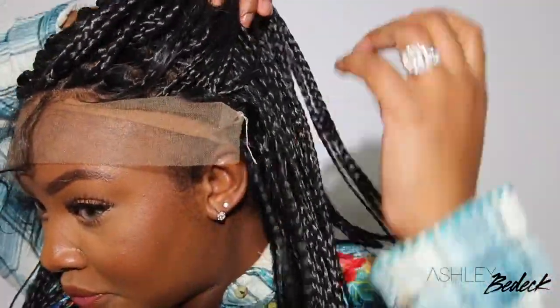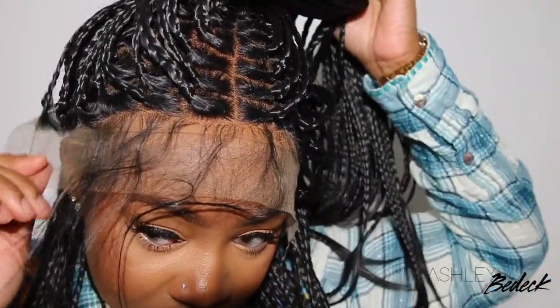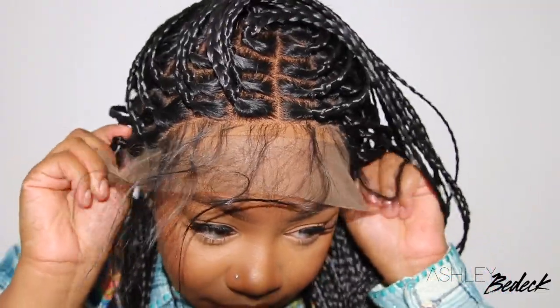This one is so beautiful. Let's take a moment to appreciate how beautiful she is. So we're going to go ahead and install and customize her. It's going to be super simple and easy. All you're going to need is your glue or adhesive of choice, some shears, and if you want to add powder to the parting or something like that, you'll need that as well. And of course,